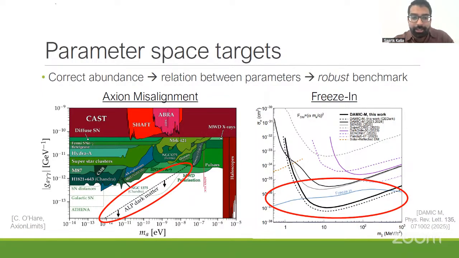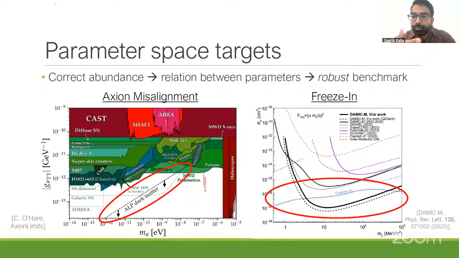Actually, I wanted to take a quick aside to talk about some other benchmarks of dark matter models that are in the literature. You might be familiar with, for axion dark matter, there's this misalignment mechanism, which comes with some concrete line in parameter space that it predicts. And for Friesen dark matter, there's also some sort of line too. These lines are important experimental benchmarks, important targets for experiments to be working towards. In fact, this plot on the right here is from a recent DMRadio paper where they hit this Friesen line, and that was a big deal because they got to one of their benchmarks.